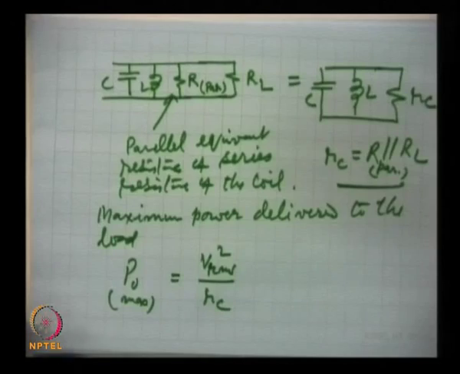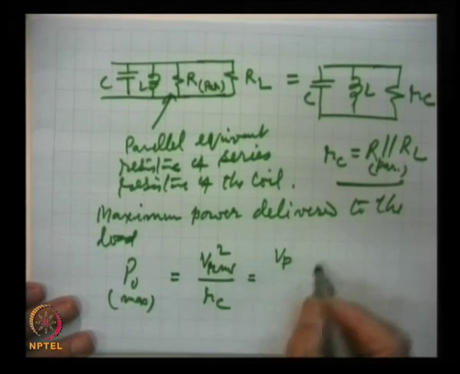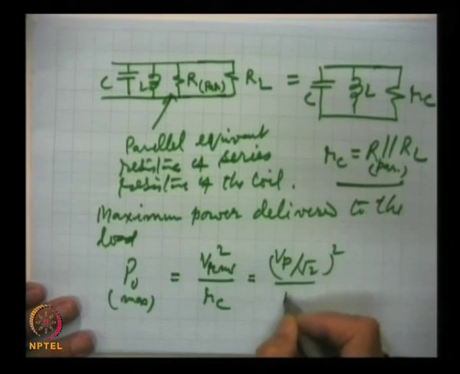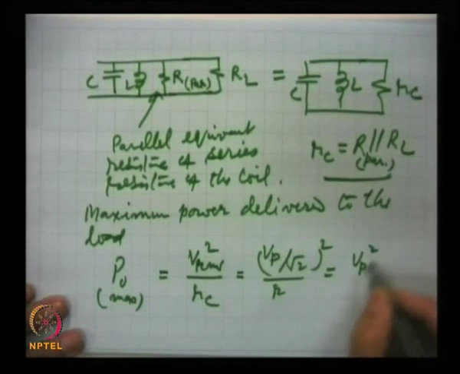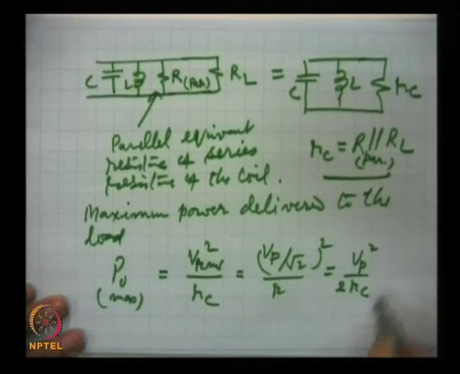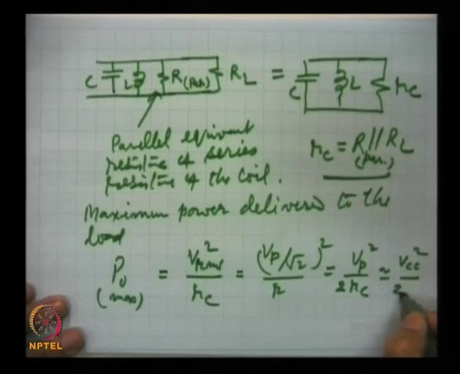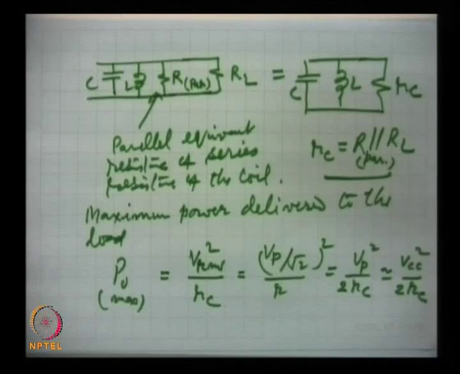This is equal to Vp, the peak value, divided by root 2, squared, over Rc, which is Vp square by 2 Rc. But Vp is close to Vcc. So, this is actually Vcc square by 2 Rc, very high power actually,